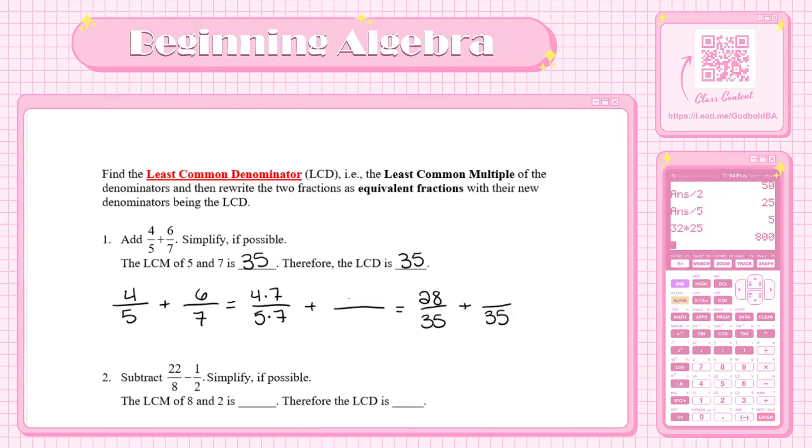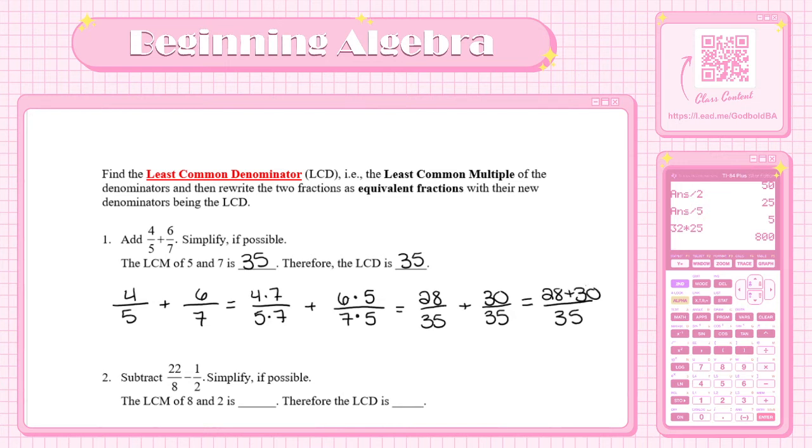Okay. Now I want to do the same thing with the 6 over 7. I've got to multiply the top and the bottom by the same thing. The way I figure out what that is, I say, what do I need to multiply 7 by to get 35? Well, it's 5, so I also need to multiply the top by that, so I get 30. Now that they both have the same denominator, I know that the answer is going to have a denominator of 35. And the numerator is just going to be 28